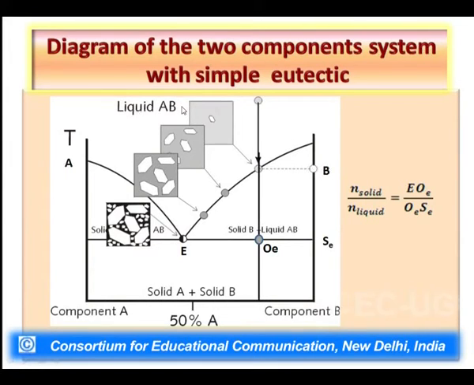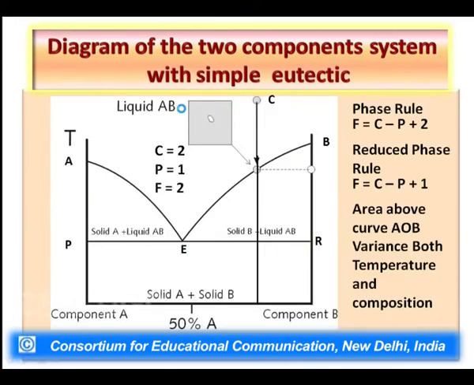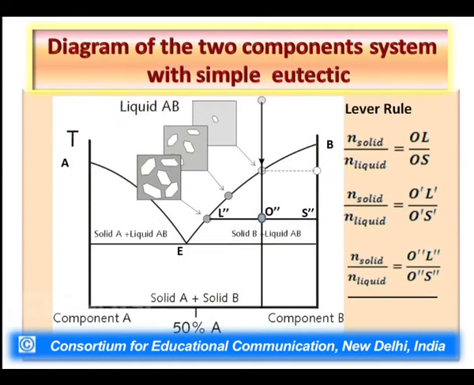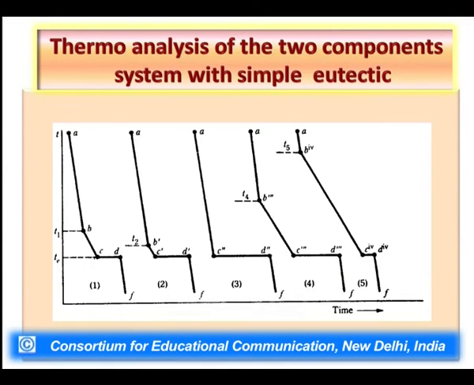If you started from the point represented by the pointer and decreased the temperature, it continues to go down and reaches point E. So a eutectic mixture, a liquid mixture which has saturation solubility composition, has a cooling curve that resembles that of a pure component, where a long